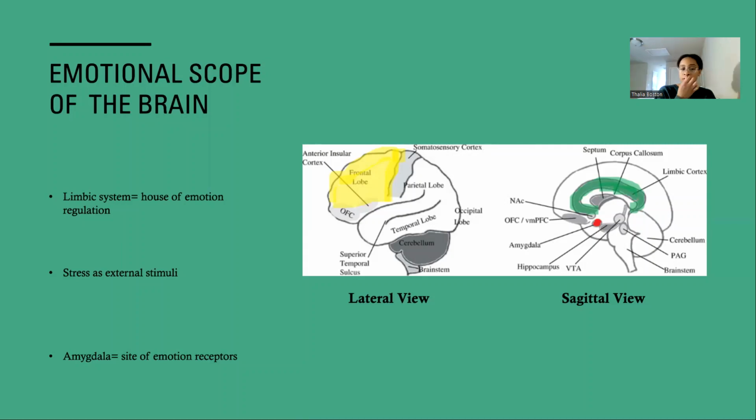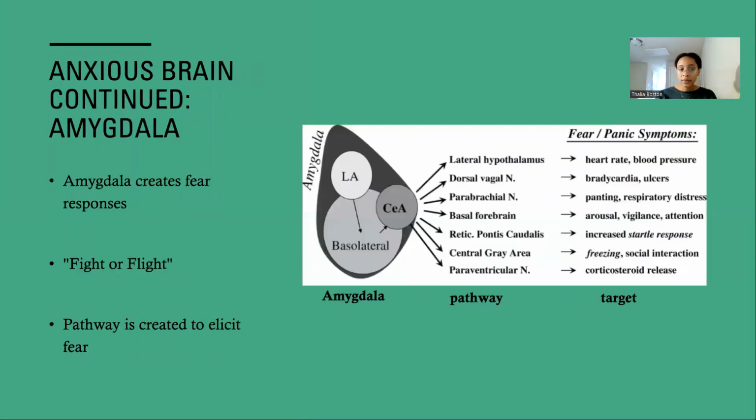But basically in this slide, I just wanted to highlight that it responds to external stimuli from our environment, and the type of stimuli that we're talking about here is stress, of course. It consists of certain receptors that notice the stress in our environment, and it has to decide how to react to it. This is where the amygdala comes in and how it reacts to the stress that we undergo. The number one emotional response we elicit is the fear response.